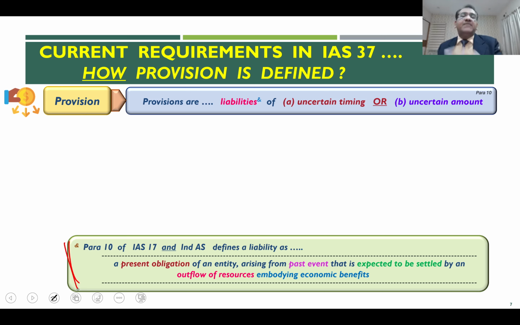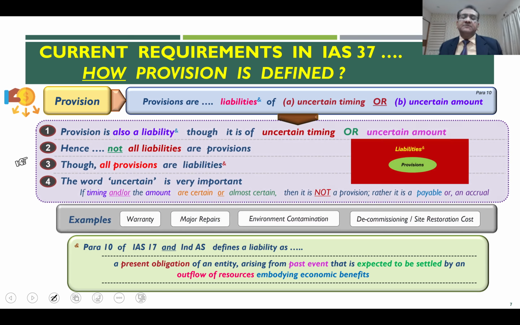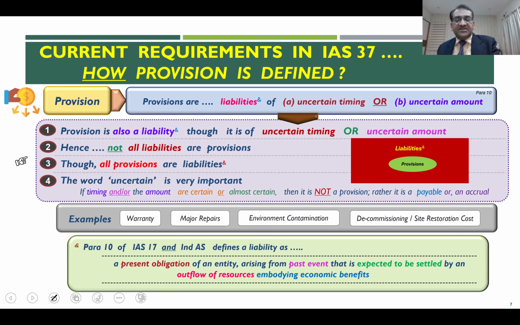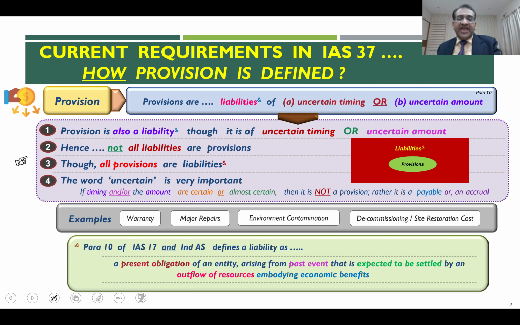But not all liabilities are provisions. Only such liabilities which are of uncertain timing or uncertain amount actually fall within the definition of provision. And therefore, under the current standard, provision is also a liability, though it is of uncertain timing or uncertain amount. Not all liabilities are provisions. Liabilities are a much larger spectrum. Provision is a part of it, which is meeting these two requirements. Right? And the word uncertain, therefore, in the context of provision,